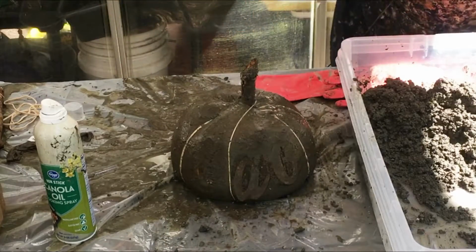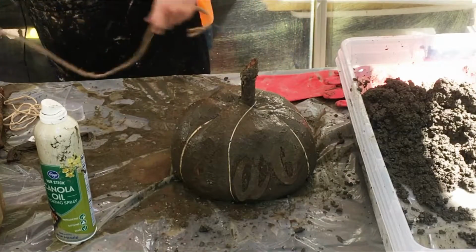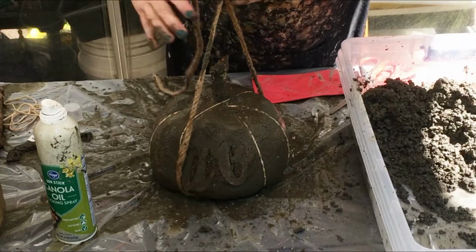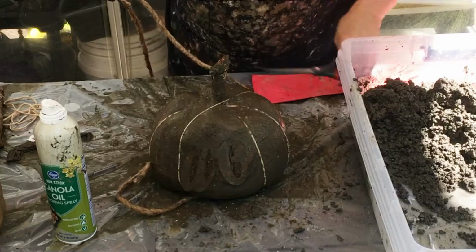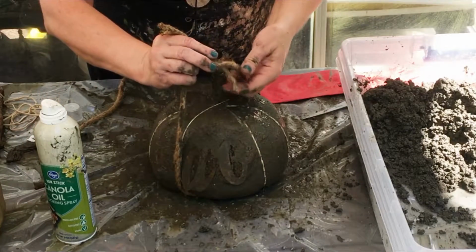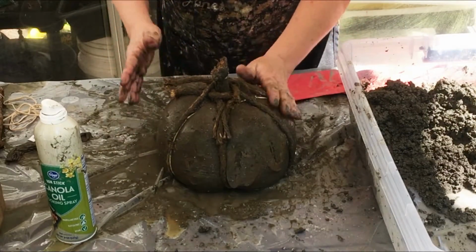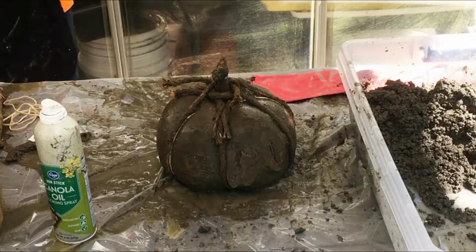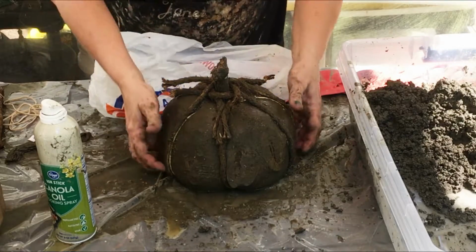I honestly think I need to use some heavier duty rope. So, if I can find my scissors. At this point, it needs to go in a plastic bag, and it needs to be placed in a